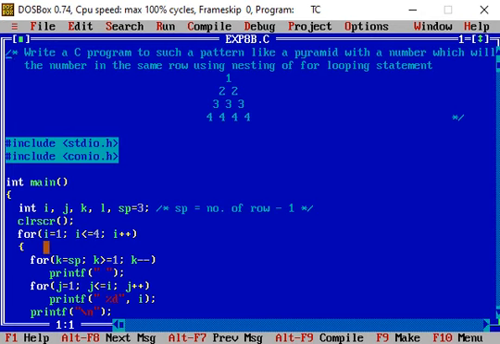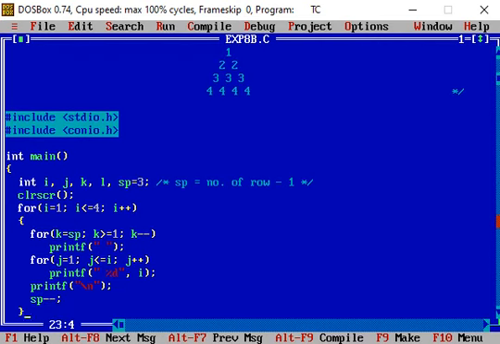So for the initial value of i equal to 1, the condition is true. Then the body of the for loop is executed, and in the body of the for loop a number of statements are present. So let us take the first statement, that is a for looping statement.